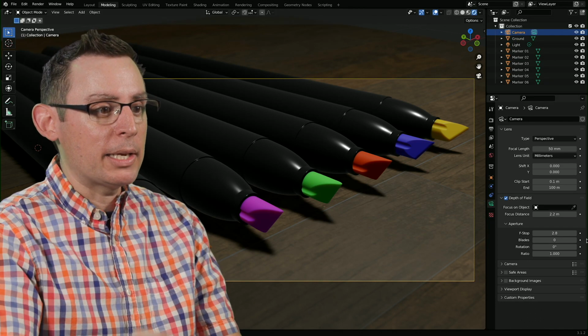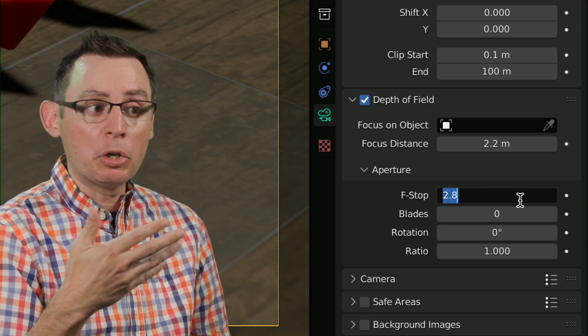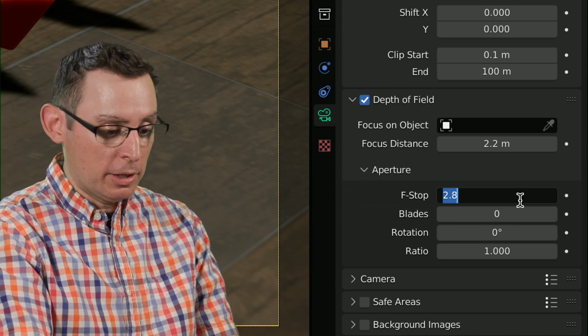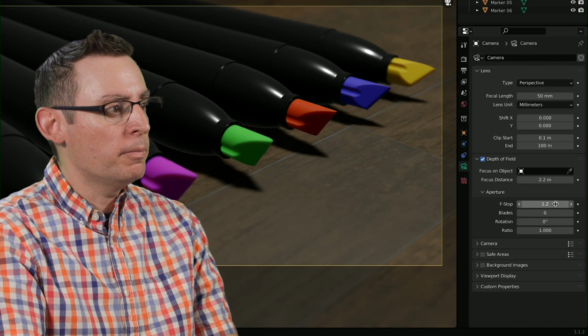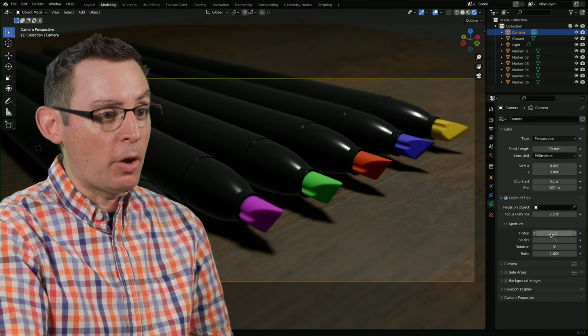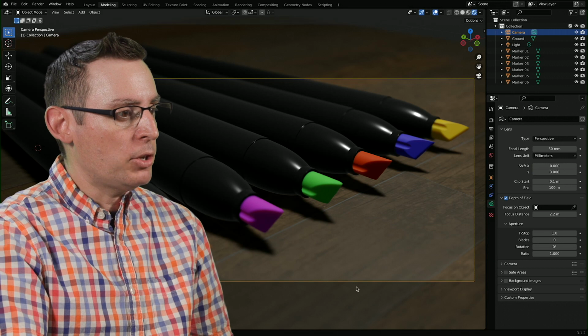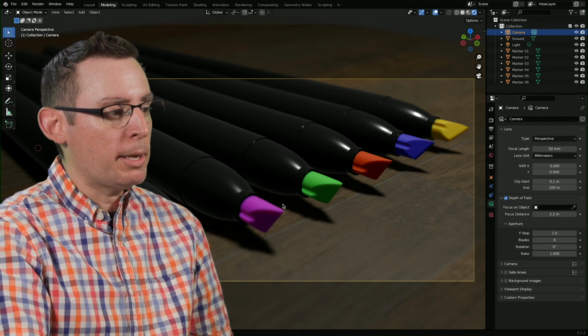Let's really make it intense by changing the f-stop. These are real numbers that you'd see on a real camera. If you have a real high-end camera, you'd have a lens that has an f-stop of 1.2. So that's a good place to go. Shoot, if you have a real high-end lens, you could have a value of 1.0. And now check that out. Look at this right here. Look how shallow that depth of field is.